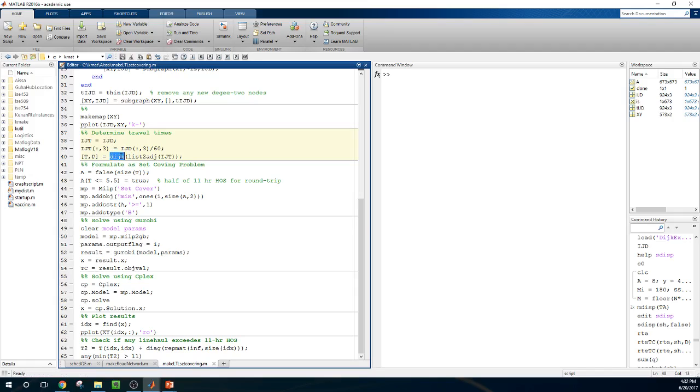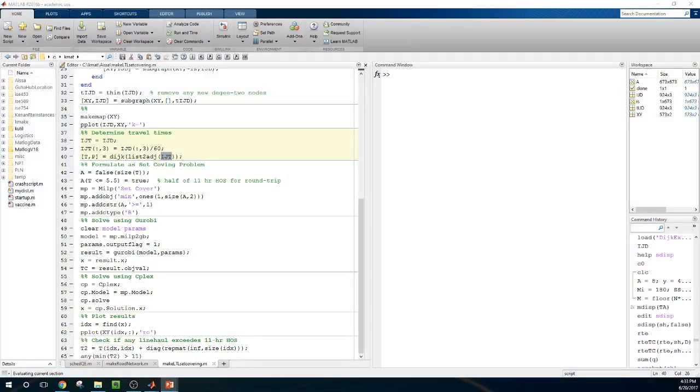And then we're going to be calling the Dijkstra shortest path procedure. That is part of the MATLOG toolbox. And before doing that, we're going to convert the arc list representation, which now has travel times as opposed to travel distances. And what that does is it converts it into an adjacency matrix, which is the input required for the Dijkstra procedure. This procedure itself takes a bit of time to actually compute. So while that is computing,